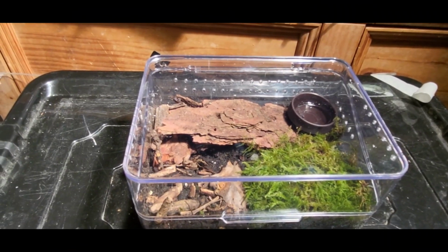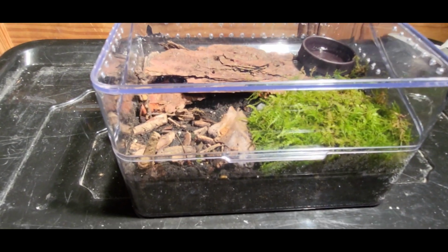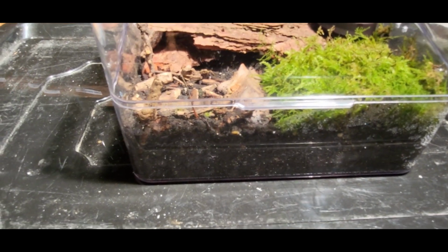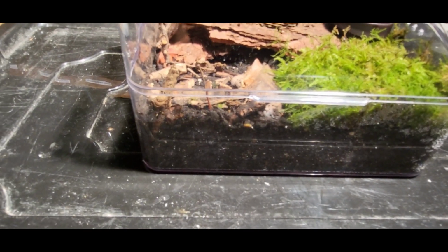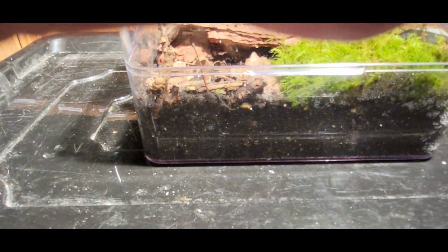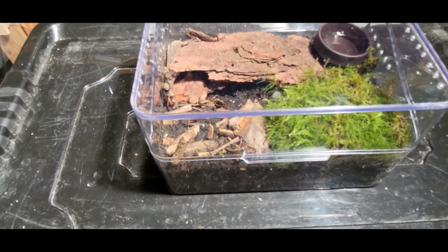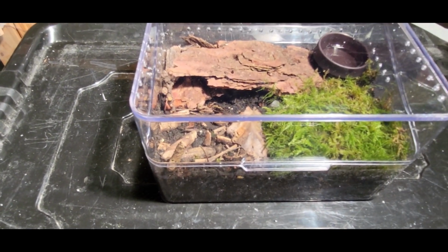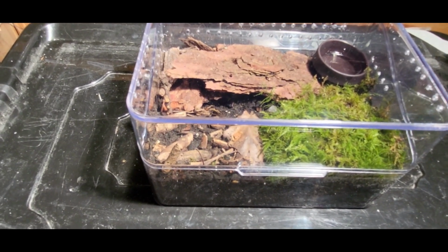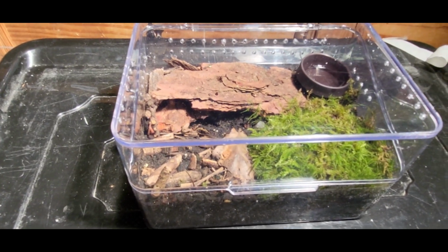Okay, so this is the end result of the first. I've made 4 of these, set them all up slightly differently, and it's to rehouse my slowest growing tarantulas. I don't know if they are actually the fully slowest, but slower growing tarantulas. So the reason I've made the effort is that this could last, theoretically, a year, 2 years maybe for this one. And the first recipient of one of these new setups is going to be my Grammostola pulchripes, the